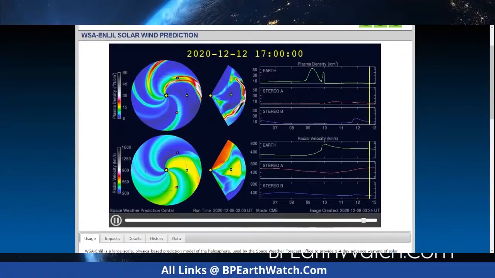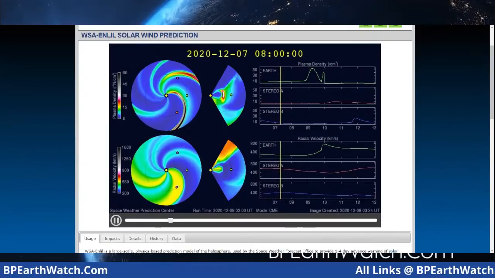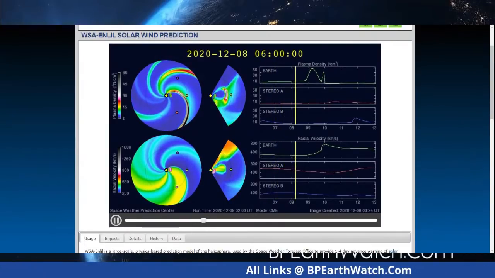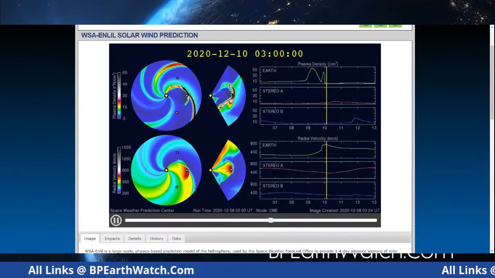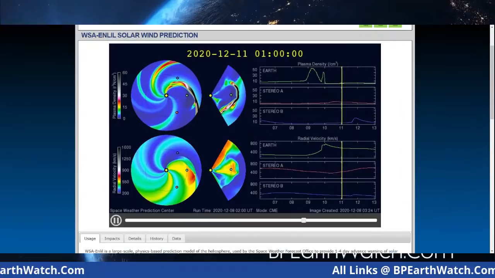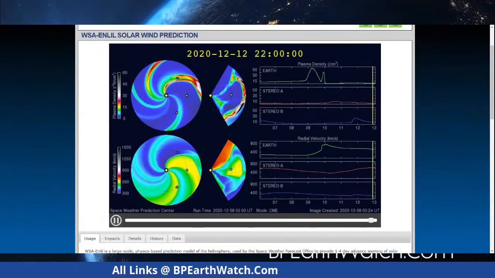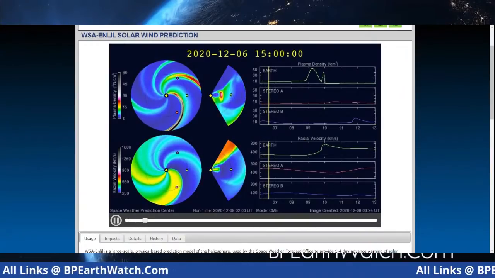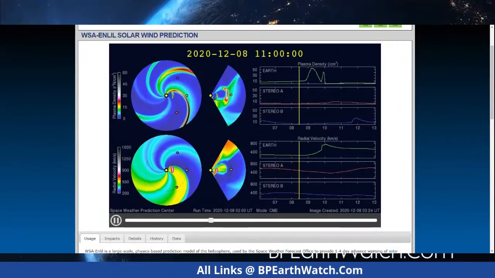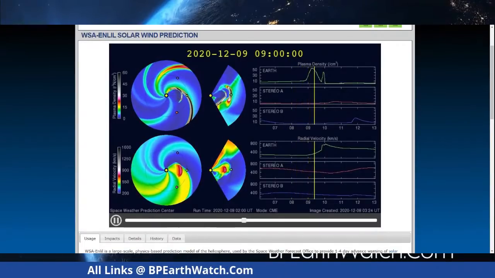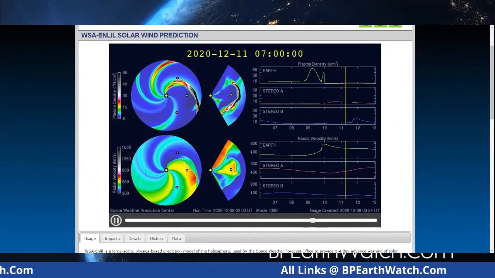Again, if you guys are just coming in, we're watching the arrival of the coronal mass ejection. It's a kind of science lesson in part, but it's important to understand what the effects are and what you can do about it, which is not a lot, but you do understand that you can. It's going to affect not only people but the planet as far as tectonic plate pressure. Even volcanoes can happen when these events arrive.